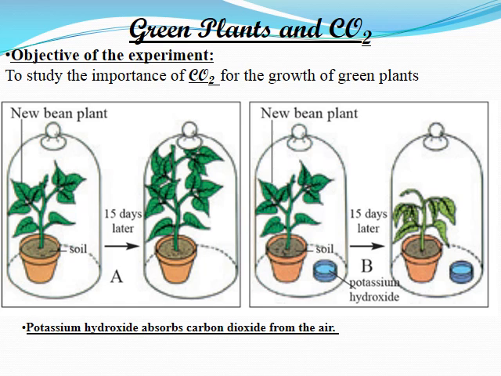Green plants and CO2. The objective of this experiment is to study the importance of CO2 for the growth of green plants. We have two plants, A and B. A, the bean plant, grows normally. After 15 days it grows tall and green, while plant B, which contains potassium hydroxide inside, note that potassium hydroxide absorbs carbon dioxide from the air,